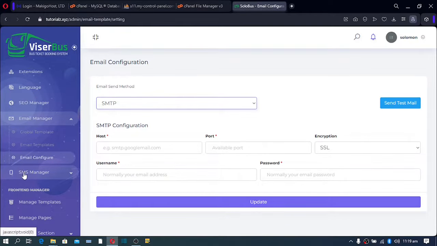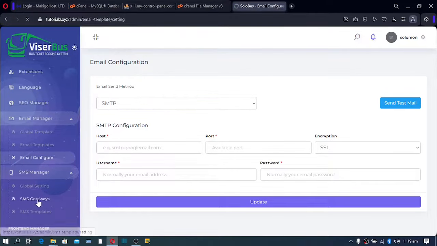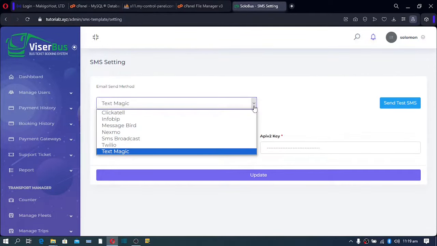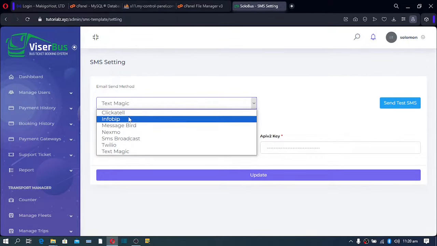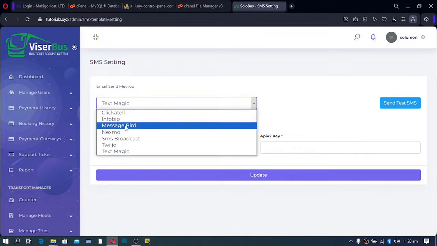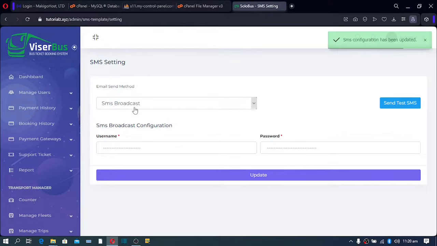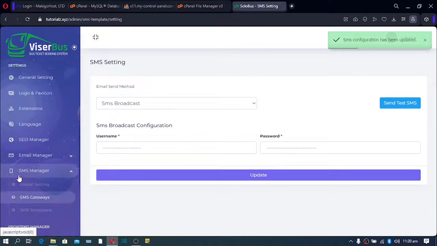Those of you who want to set up SMS, click here, go to SMS gateway, pick an SMS provider and configure. There are a lot of SMS providers you can use. They're all here. Pick the one you want, and then they'll give you access to these details. You enter those details there, save changes, and your site will start sending SMS to your users. Okay, scroll down,